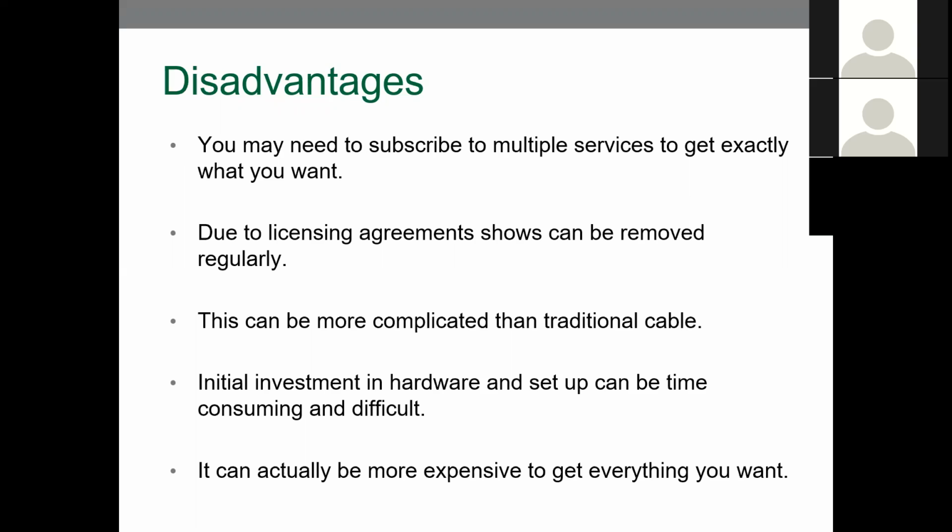This definitely can be more complicated than traditional cable. Sometimes if you're going to 2 or 3 different apps and you don't remember which show is available on which app, it could be very difficult to remember which is which. And there's no great way right through your phone or right through your TV to see which app offers what. There are sites like justwatch.com, which could be very helpful, but it's not as easy as just bringing up a TV guide as it would be for traditional cable.